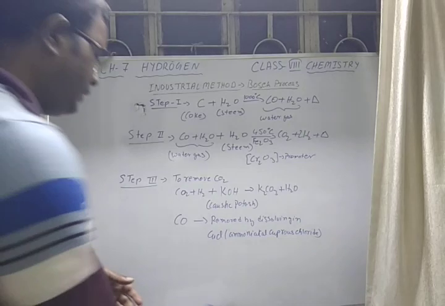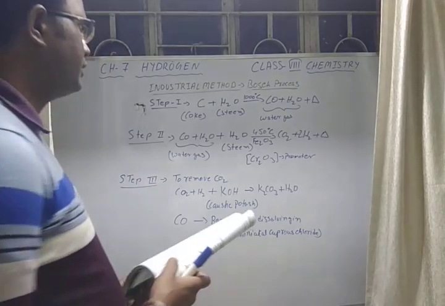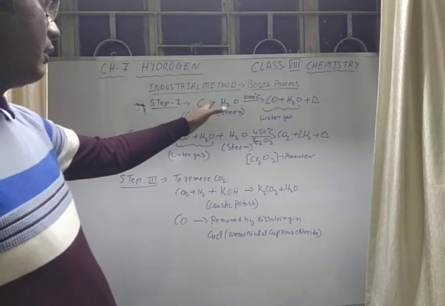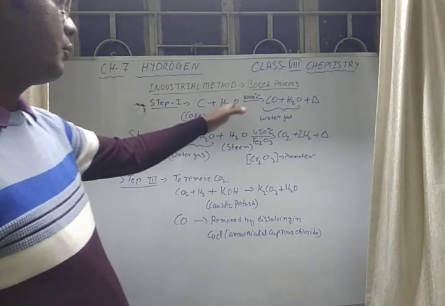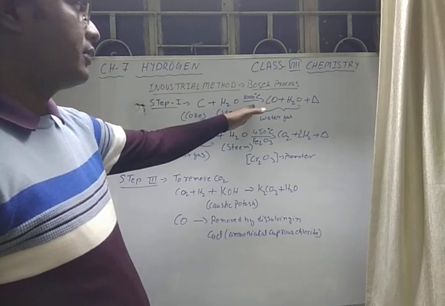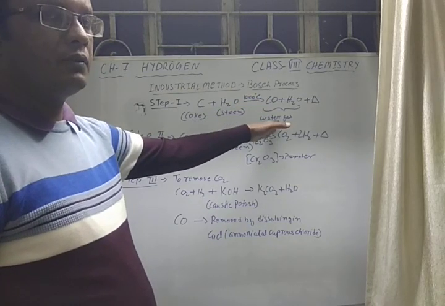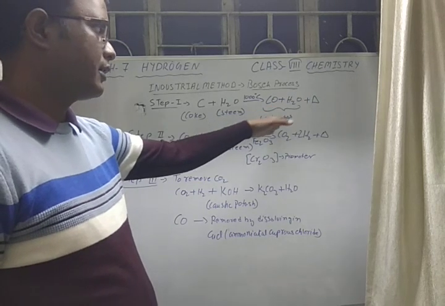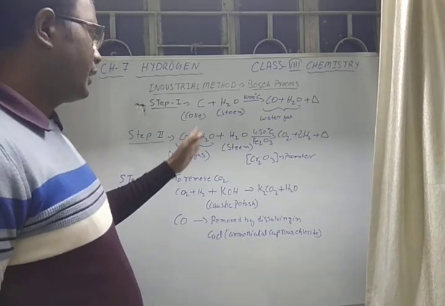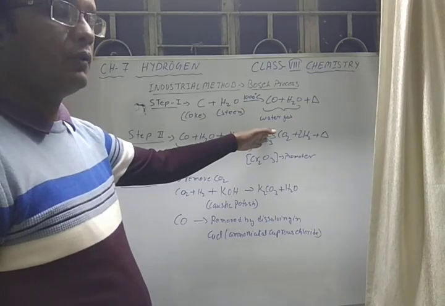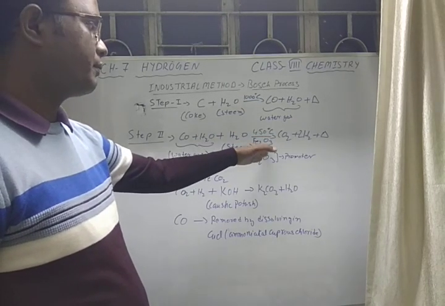Okay, so very important thing, that is the Haber-Bosch process. First step, through red hot coke we have to pass steam at about 1000 degrees Celsius. We will get a mixture of carbon monoxide and hydrogen with the evolution of heat, that is called water gas. Again, through this water gas we have to pass steam at about 450 degrees Celsius in the presence of